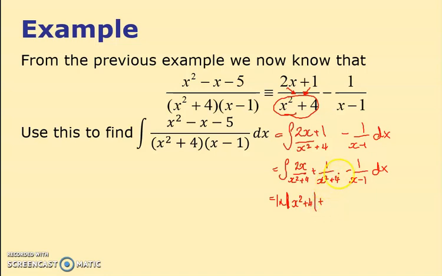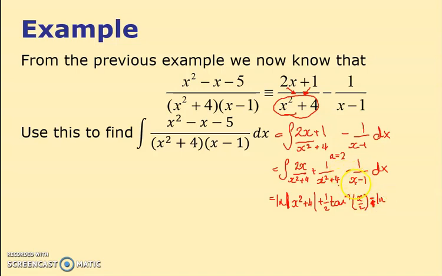Plus, now this is actually one of those inverse tan ones. And because that's 4, my a value is 2. So I'm going to get plus half of the inverse tan of, now it's always x over a, so in this case it's x over 2, plus the log, or it's a minus, nearly went wrong there, minus the log